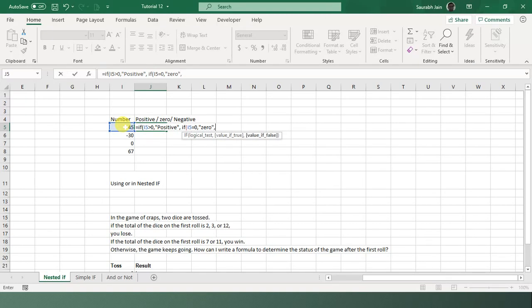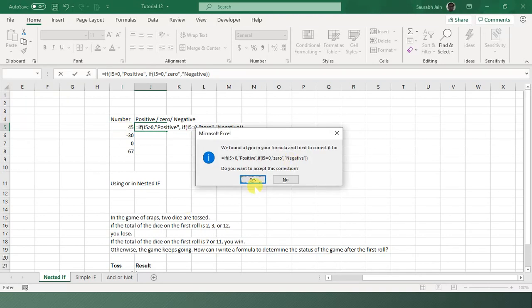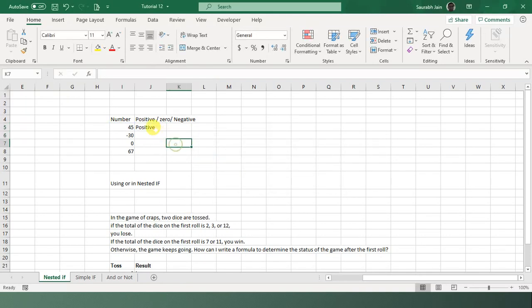Now its else part will be, obviously, if it is not positive and it is not 0, it has to be negative. So I can write negative. So now bracket close, and I have to close one more time.